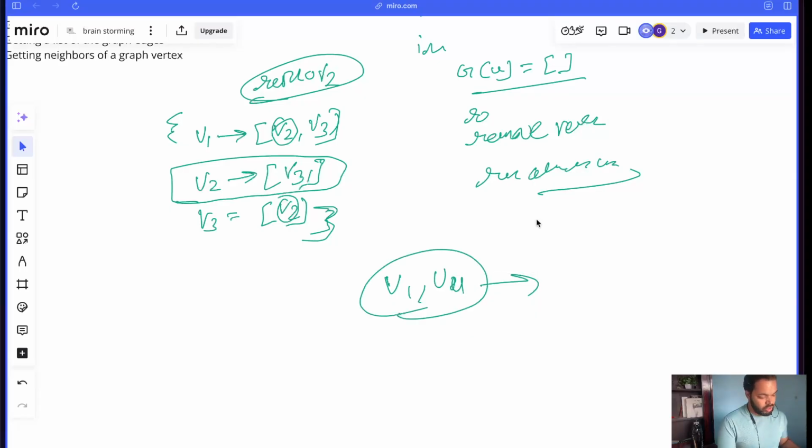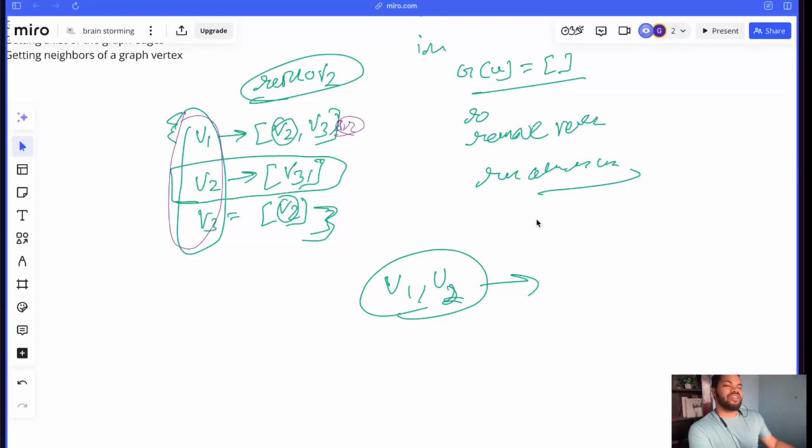v1 exists or not. Let's create it for the existing ones, v1 and v2. What we will do, we will see if v1 exists in the graph or not. If it exists already, then we'll just push v2 into the array if it is not present, or we can just push it. Or maybe we can just create a sort, sorry,